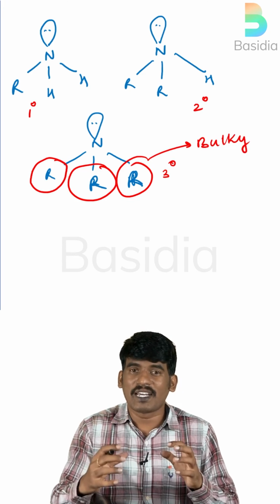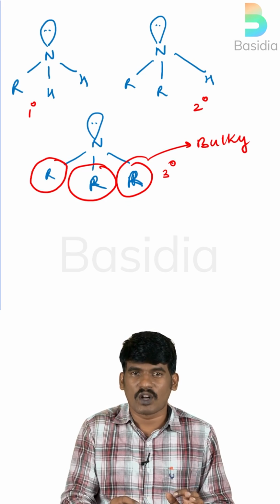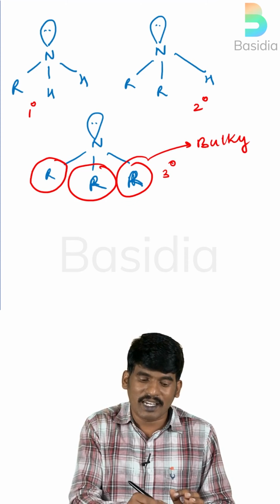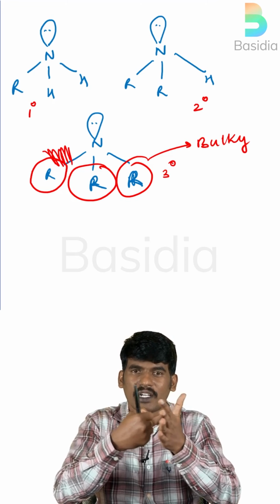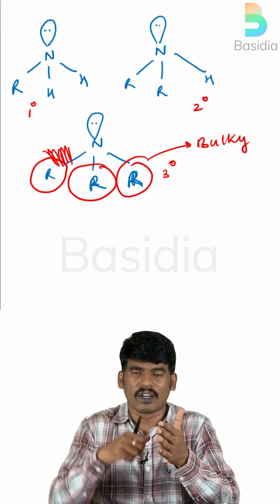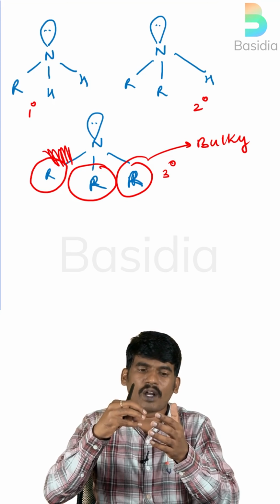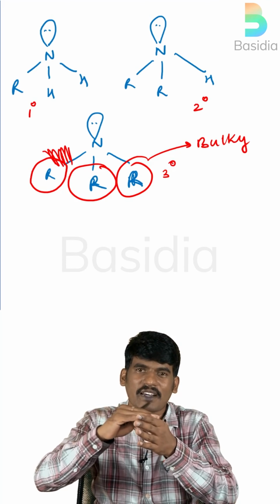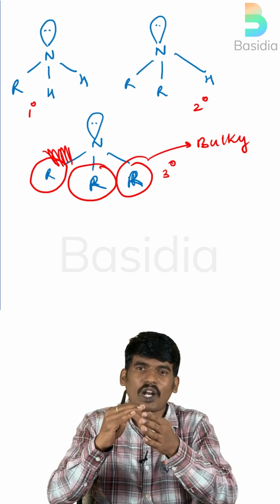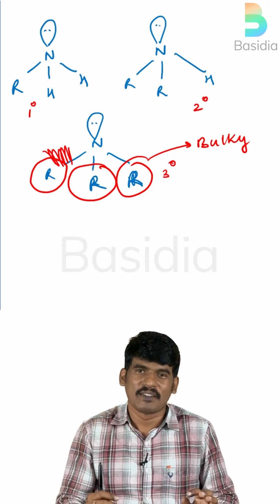Because of this bulkiness, nitrogen cannot donate the lone pair of electrons, because these bulky alkyl groups offer steric hindrance. They try to hinder. Let us say, consider here a lone pair, this lone pair wants to give itself to H plus, right? And you consider this as an alkyl group. That alkyl group will not allow this lone pair to be given to the H plus